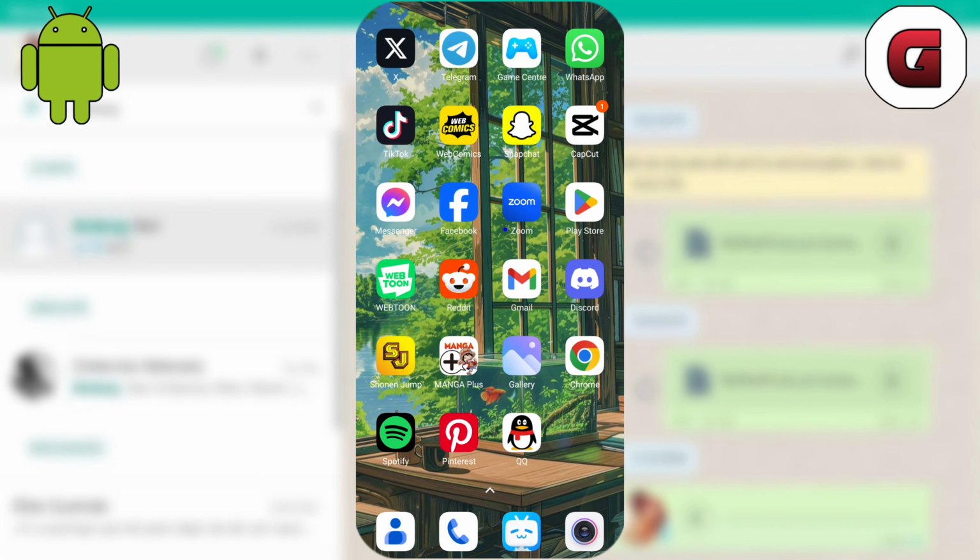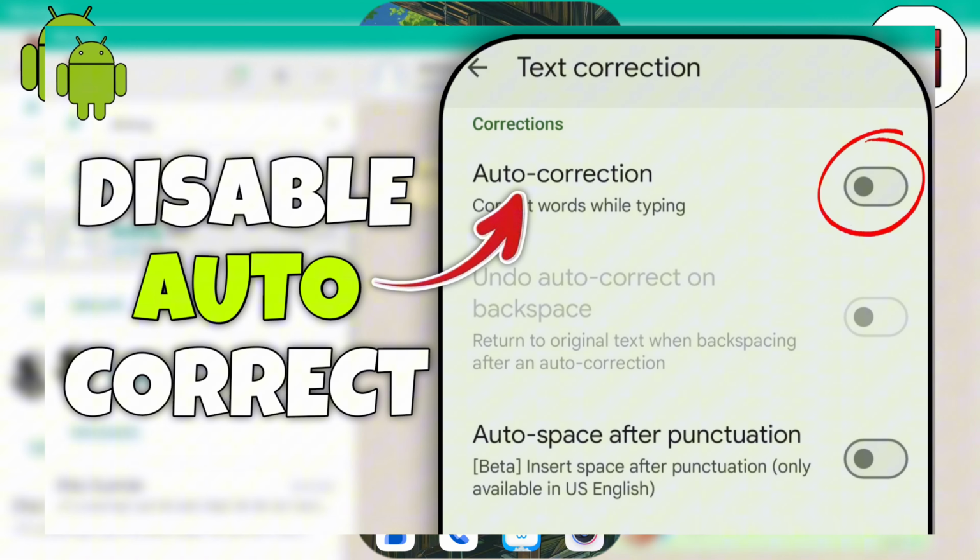So in this video, I am going to show you how to disable your phone's autocorrect, so if you are interested